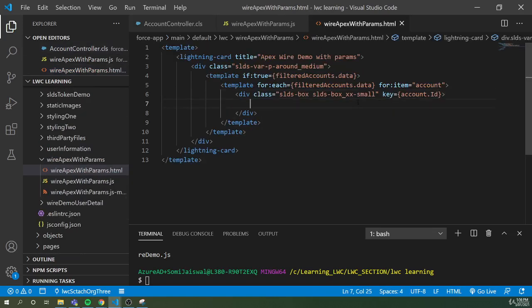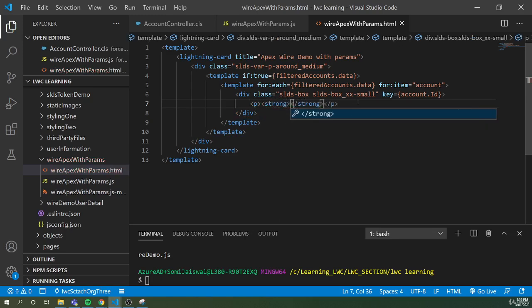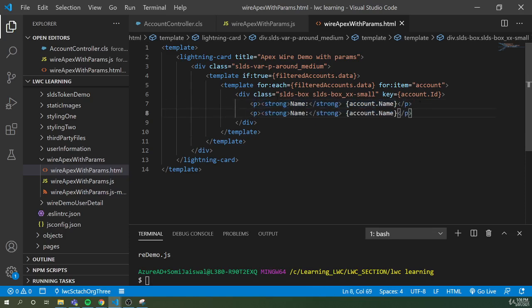and here I'm gonna print inside this. I'll say within the strong tag name, account dot name. I'll copy. I'll say type, account dot type,